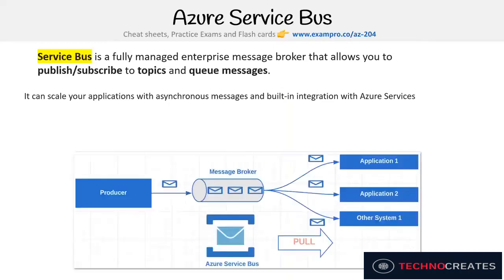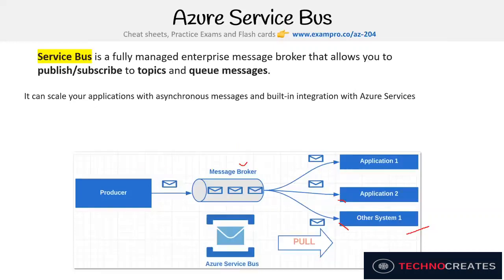So here is an example of Service Bus. The way it works is you have producers and you have consumers. Producers are sending messages or events into an event bus. The event bus is designed to broker that information, so pass it along to the ones that are subscribed. These applications which are consuming are subscribed to specific messages, and they pull data to get them into those